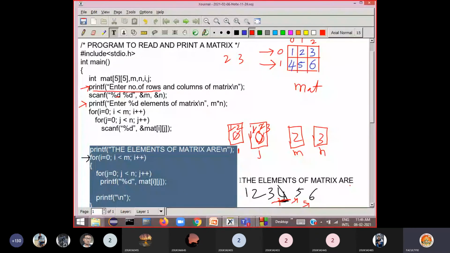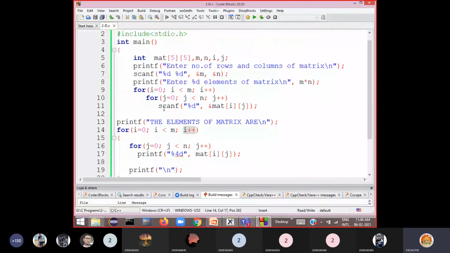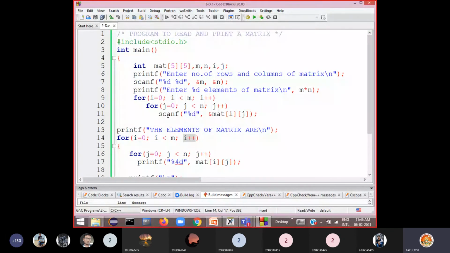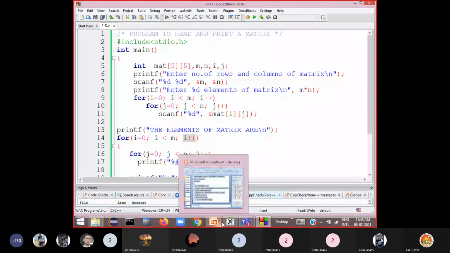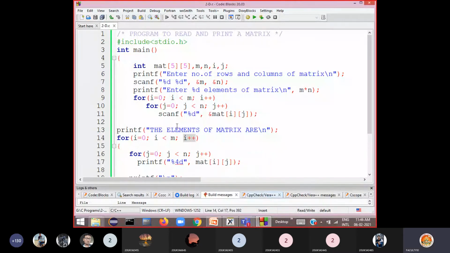Now what we do is we take up another program, and using matrices we have different problems to be solved, like addition of two matrices, multiplication of two matrices, which we need to perform using a C program. So we'll take that program now. Is it okay now? Yes. Okay then, we'll take another program.